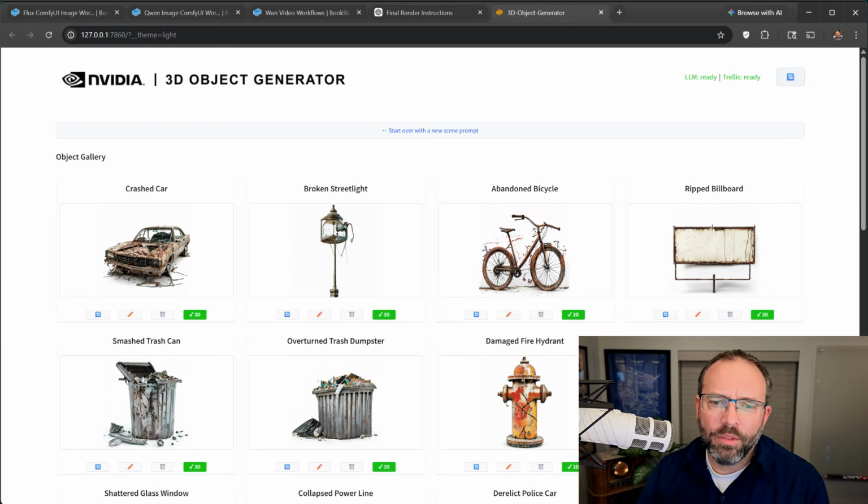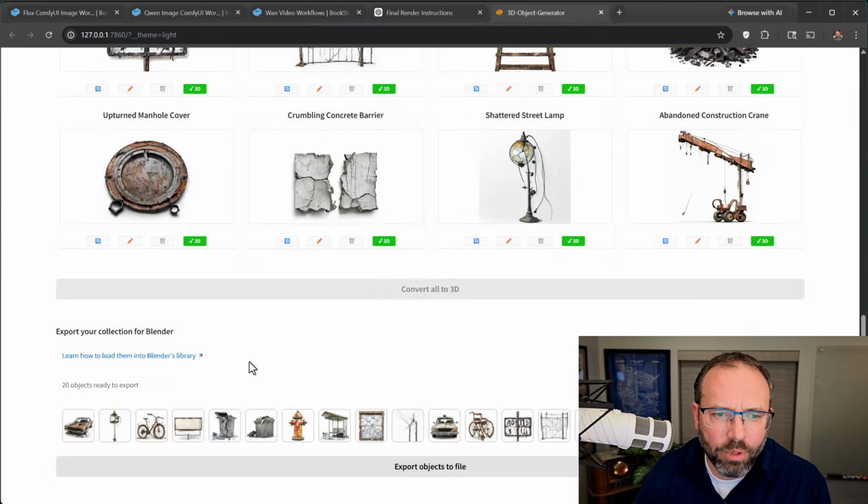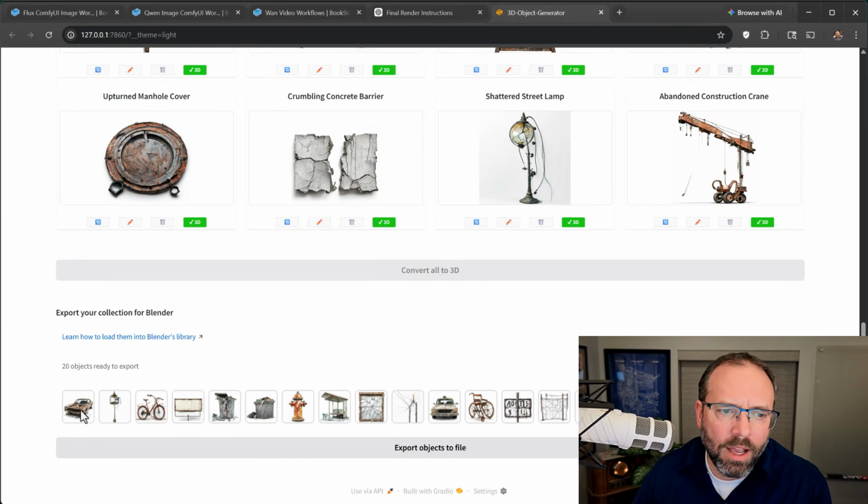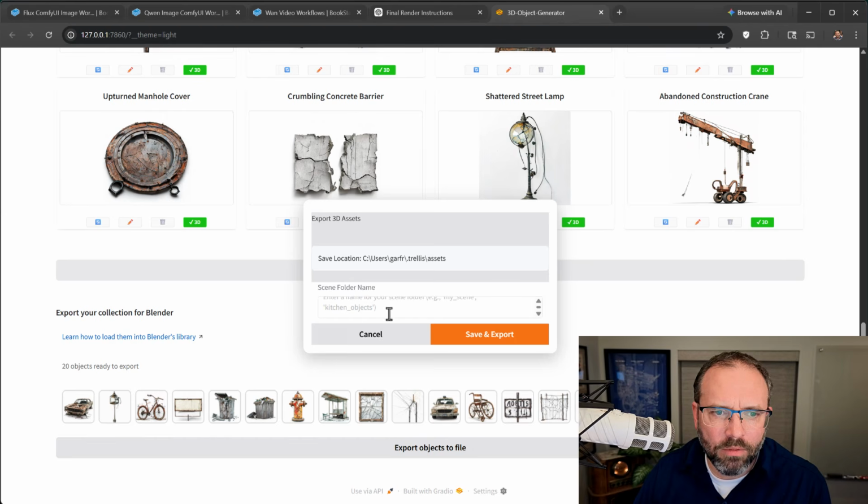All right, it's gone through and it's taken our description and created for us a bunch of images that we can turn into 3D objects. So you can go through and select specific ones that you want to create. You can also regenerate based on a text prompt if you click on this pencil icon. But I've gone through and clicked on this button here that converts all to 3D. You can now go through and export all of these objects